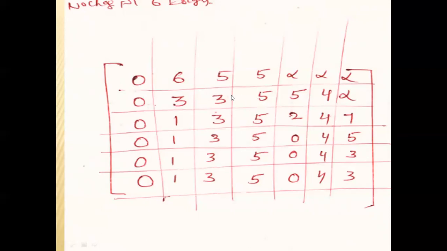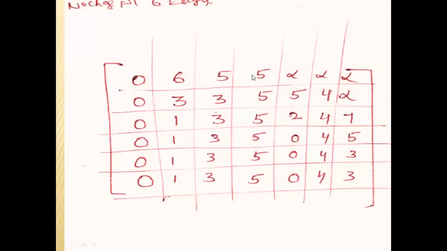This matrix represents the following. First, 1 to 1, 1 to 2, 1 to 3, 1 to 4, 1 to 5, 1 to 6, 1 to 7 by using a single edge. That is the shortest path by using a single edge. Second one, the shortest path by using 2 edges. Third one, the shortest path by using 3 edges.